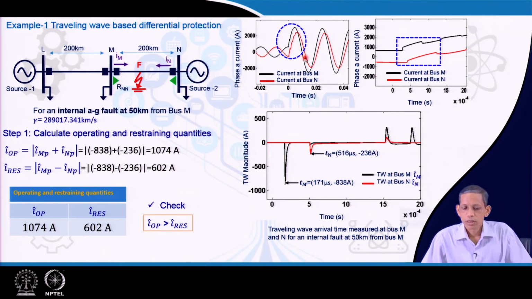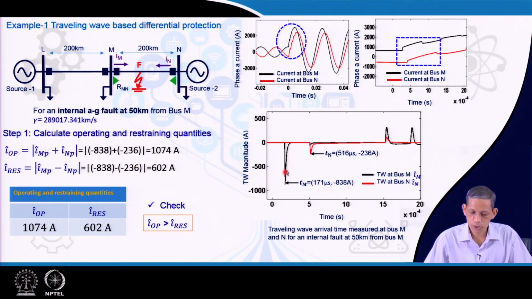on. Now, if we expand this portion, the black one is M n and the red one is N n, and you see that this is almost DC. We are talking about this portion only; the whole thing is sinusoidal, from which we capture the fundamental using the phasor, as in the earlier discussion on conventional relays. But now our focus is only this surge, this change. If you see this change, that is our concern point. So, the first peak here for M n and for N n leads to our conclusion, and we extract the high frequency component from this portion.